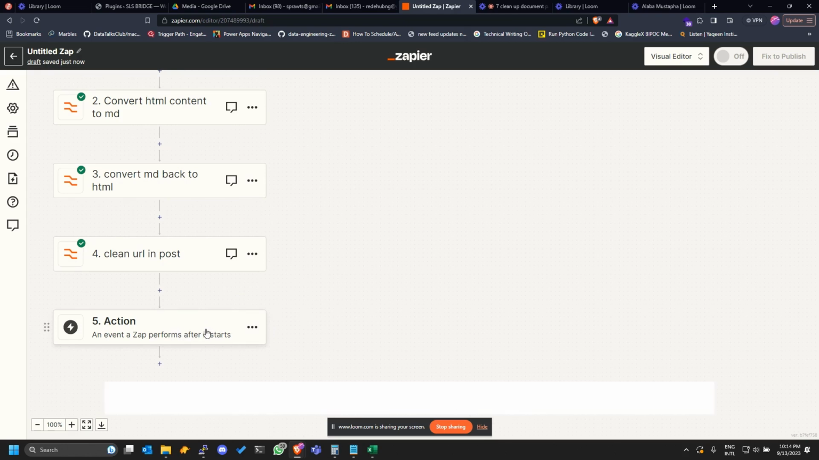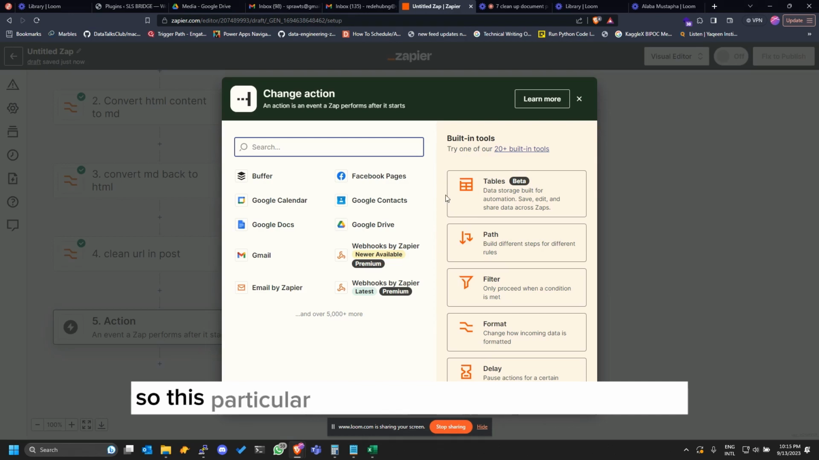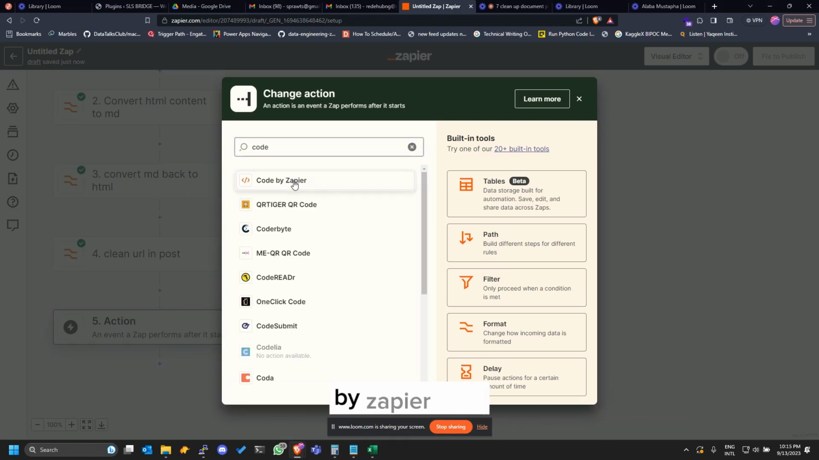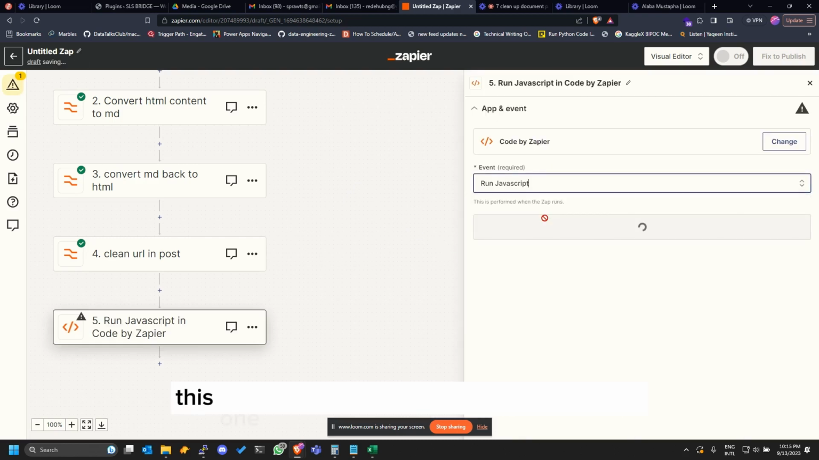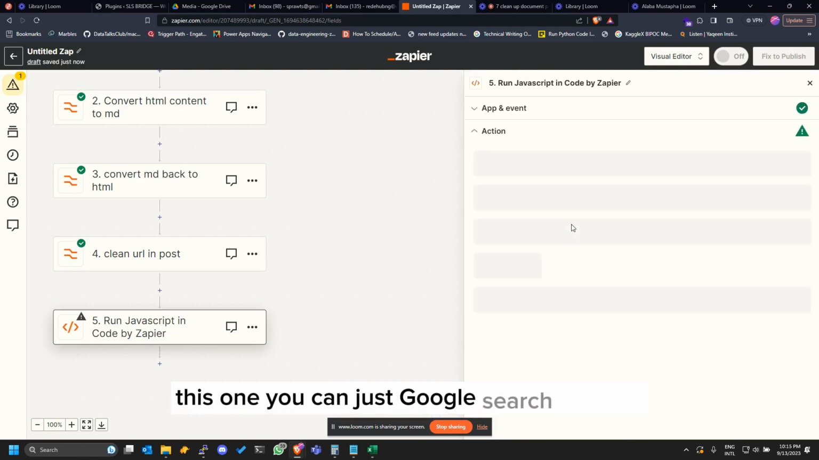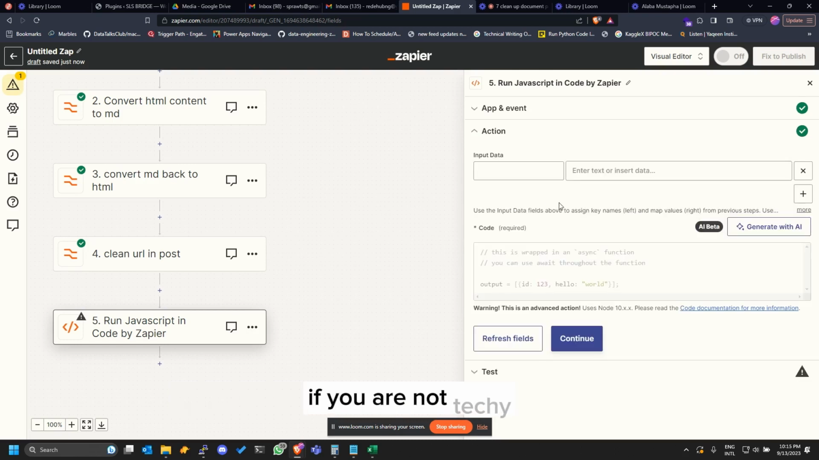There's a way Google Docs handles images when you convert it to HTML and back and forth. So for this particular one, we are going to be using code by Zapier. We are going to be writing some JavaScript code. You can just Google search it online if you are not techie, but I'm sure this will work for you. So the code we need to write actually is,